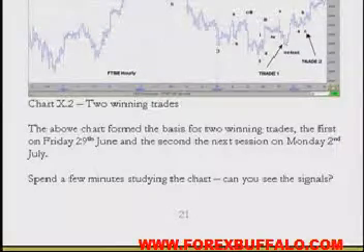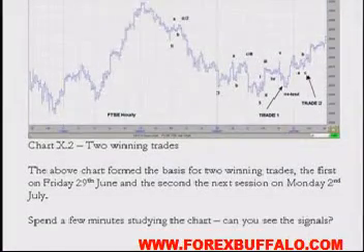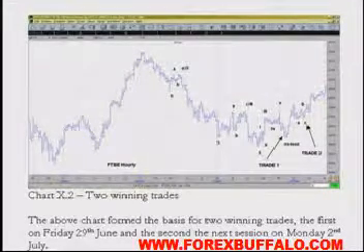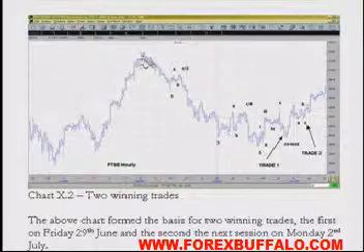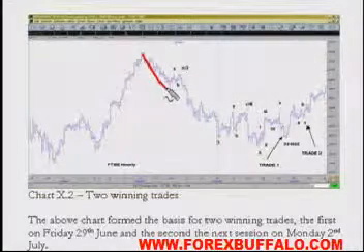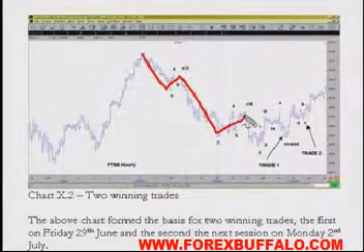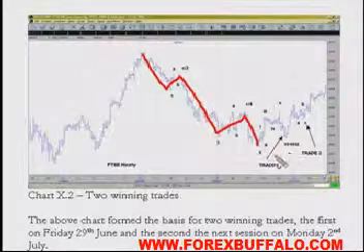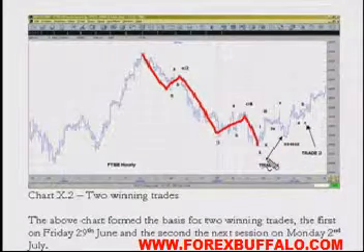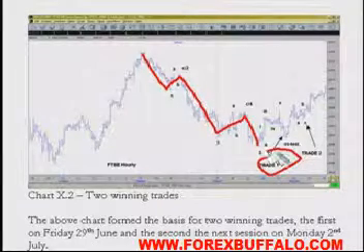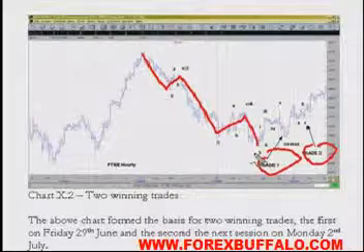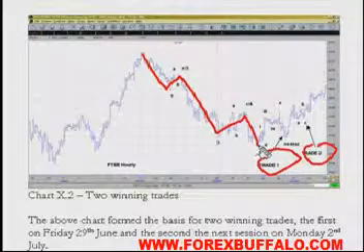Now this chart here, just following on slightly, is not so clear, but I think it's important to look at some things that aren't so very clear. But we've got a 1, 2, 3, 4, 5. That's not bad. So we then get a trade here. There were two trades we did at Lunchtime Trader. So there's trade 1 and trade 2, both based on this 5-way decline